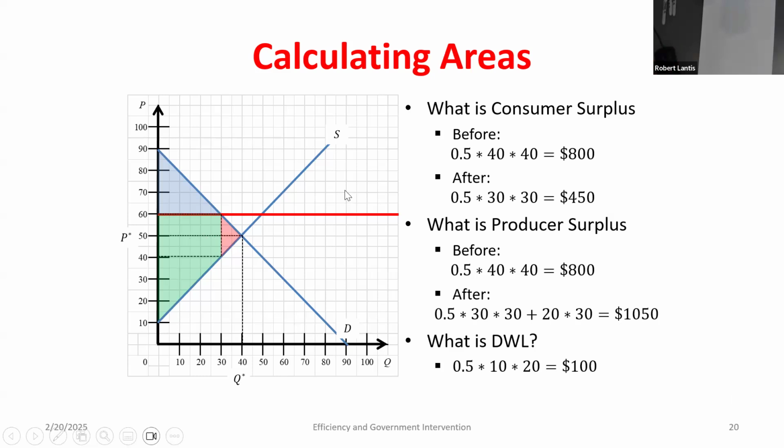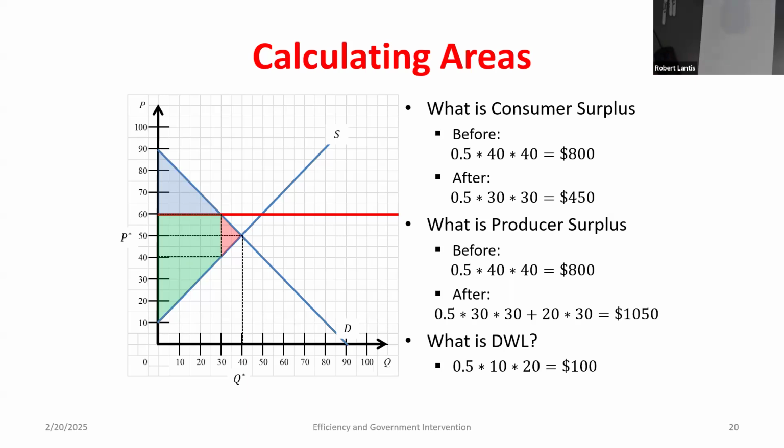In fact, just to make a point that I can get similar effects from both, what would a price ceiling be that would get me the exact same quantity and deadweight loss as the price floor of $60? So that price floor of $60 pushes my quantity to 30. What's a price ceiling that would push my quantity to 30? It looks like here would be 40 if I imposed a price ceiling here. So that would have the exact same effects on my total surplus, or create the same deadweight loss. It would just be hurting the producers more than the consumers if I did it that way.